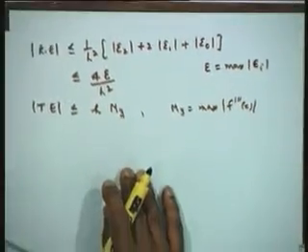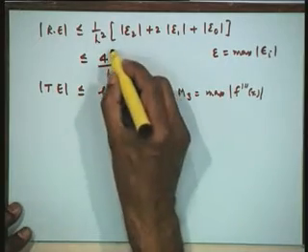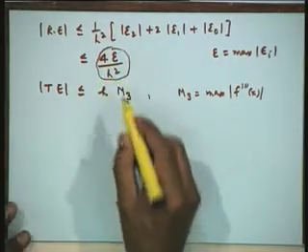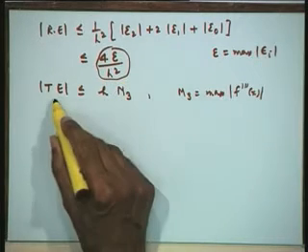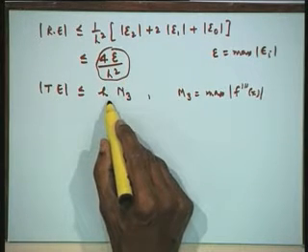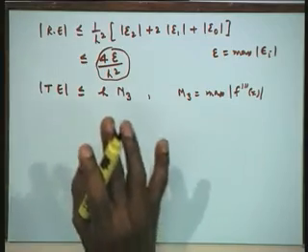Now, you can see why we were so worried about the round off errors. If you look at this quantity, the round off error is being divided by the step length h square, whereas the truncation error we are multiplying by h. What we mean by convergence is that if you are given a table of values with a step length, say 0.5, and I reduce the step length by a factor, then it will be much more accurate. That means, as h tends to 0, if you take smaller and smaller step length for constructing a table, then it will be more and more accurate.